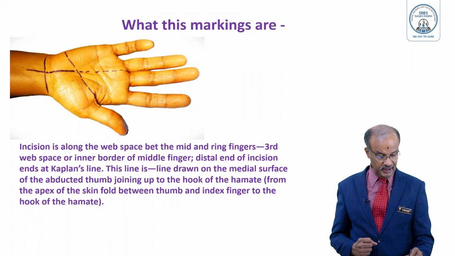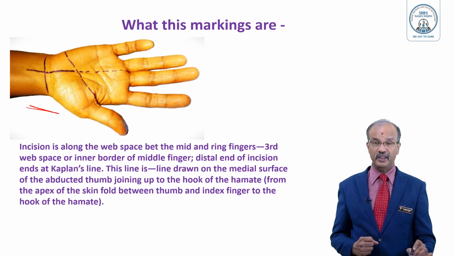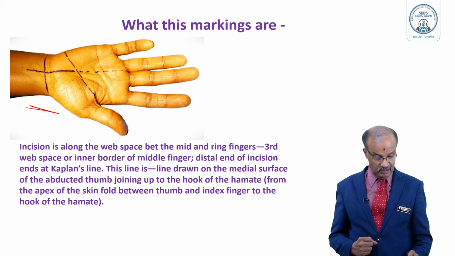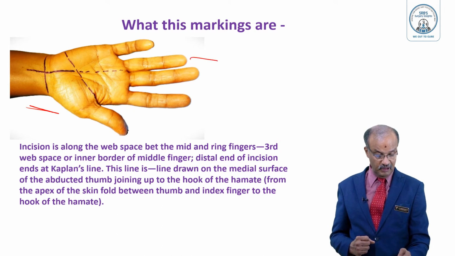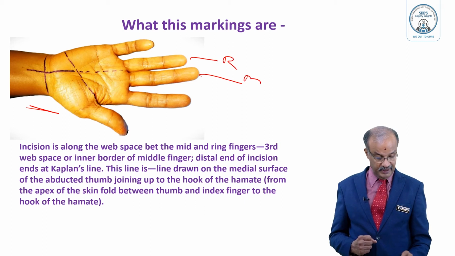See that there is a line here. There is a line here. One is coming like this, one is coming like this here. So what is this marking? See that it's the incision along the web space between the middle and ring finger. See that middle finger is there, ring finger is there, and this line is